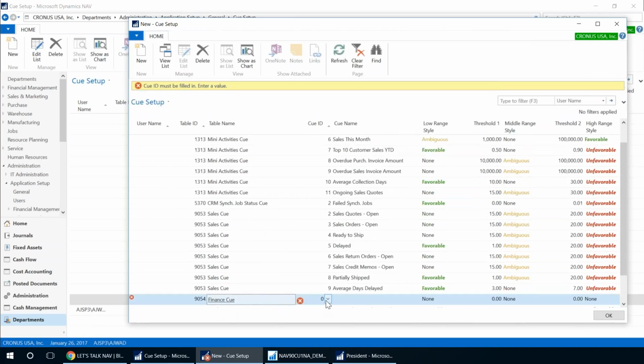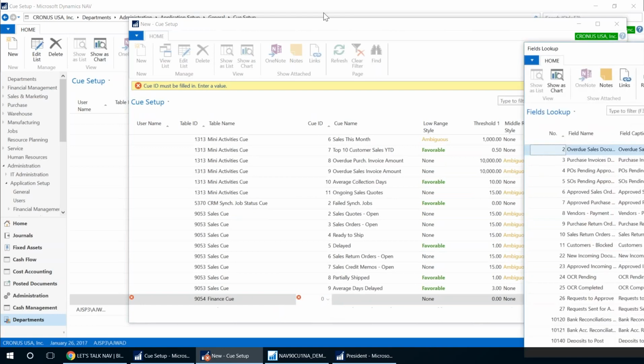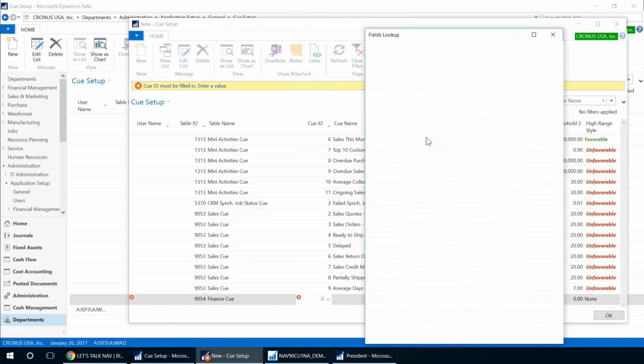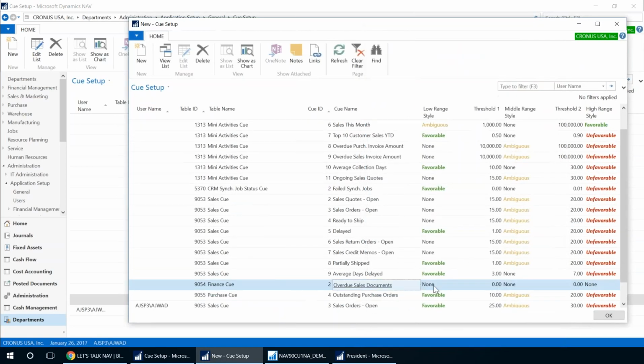Now that's fine. It doesn't like a couple of things. There's a QID that it's expecting, and we're going to select that now, and it should do away with the error message. So what I'm going to do here is say that I am looking at overdue sales documents. And when the value is less than 2, before I do this, let me go here. When the value is less than 5 and between 2, those are my 2 thresholds,